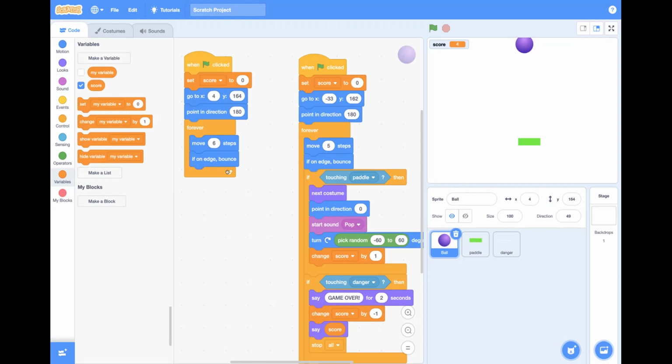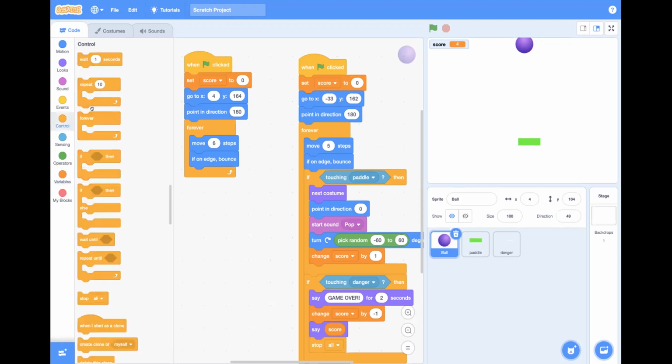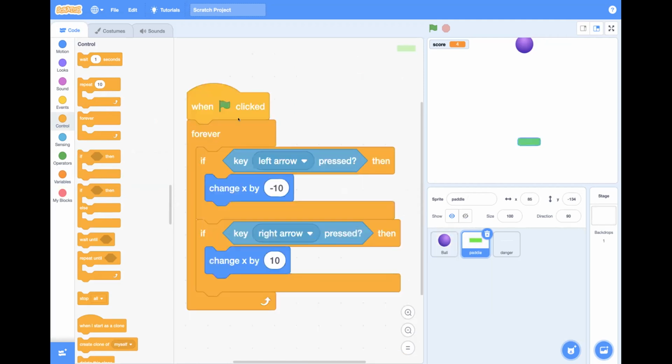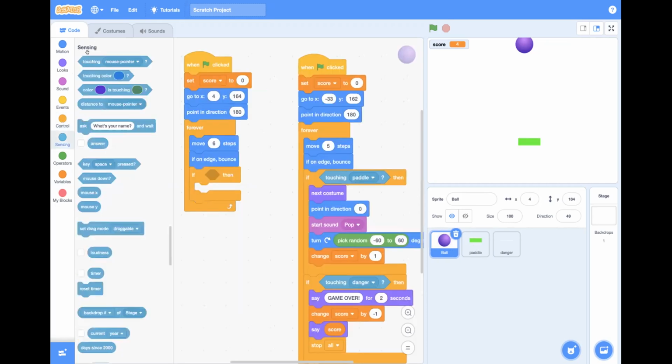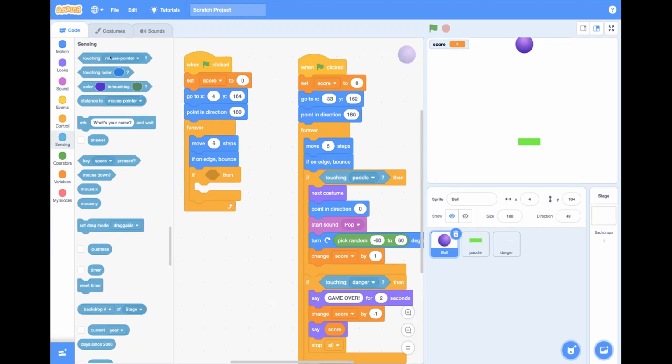Now, the next thing I'm going to do is go to control, and then I get the if here and put it just below the if on edge bounce. Then I want to say that if the ball is touching my paddle, so I say if touching, which is under sensing. I get the touching mouse pointer and put it inside the diamond shape. Then I click here